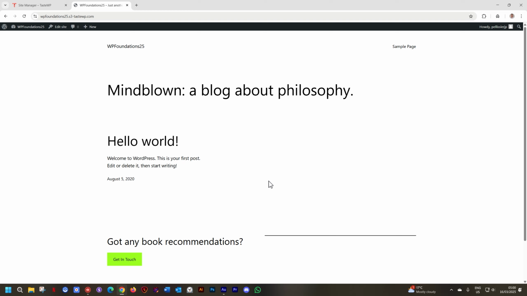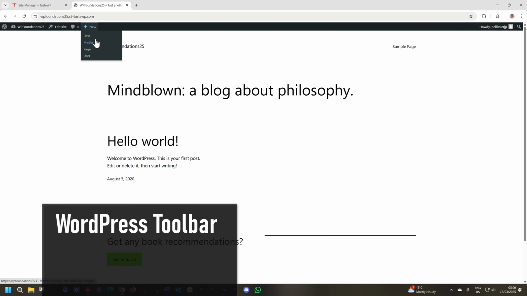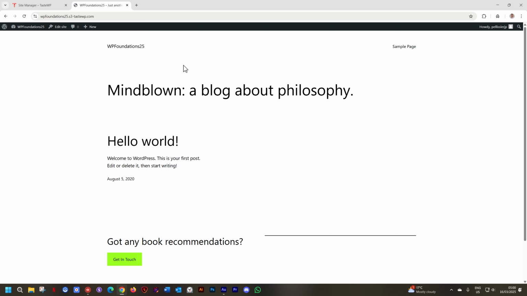Once you're on the front end and you see how the website looks, you may want to go back into the back end of WordPress. And that means you want to flip back to the area we were just now. To do that, you go to the top again. Now, this black bar at the top is called the WordPress toolbar. I'll be using this word so many times that you won't even later think about it when I talk about the toolbar. But the toolbar is this area at the top.